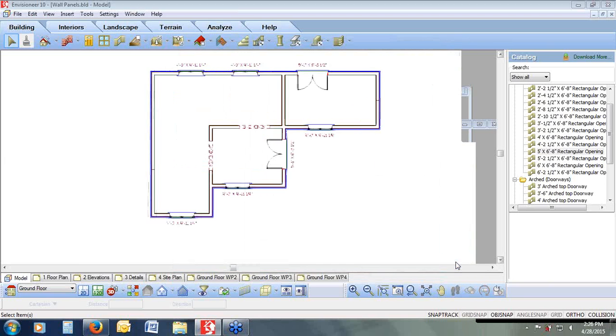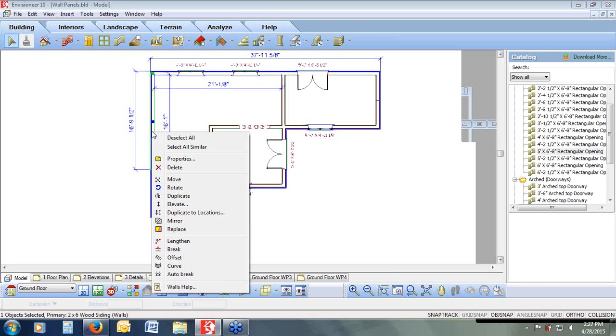So let's recap everything that we learned about wall panel diagrams today. When you draw your floor plan, you have the ability to break walls into smaller pieces so that you can create the wall panel diagrams the appropriate length for your worksheets. By selecting a piece of wall, you can right-click, and after right-clicking, you'll reveal 2 options. The break option, where you can break it any place along that wall